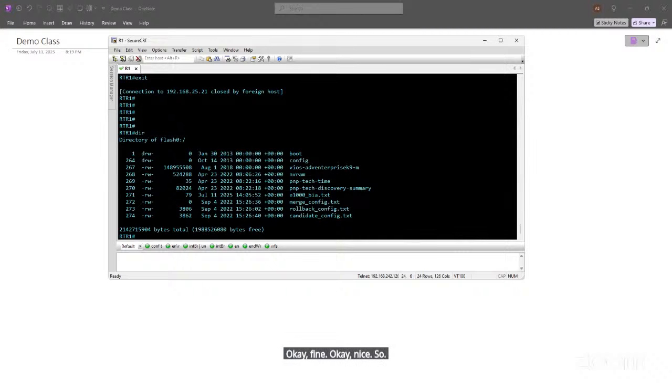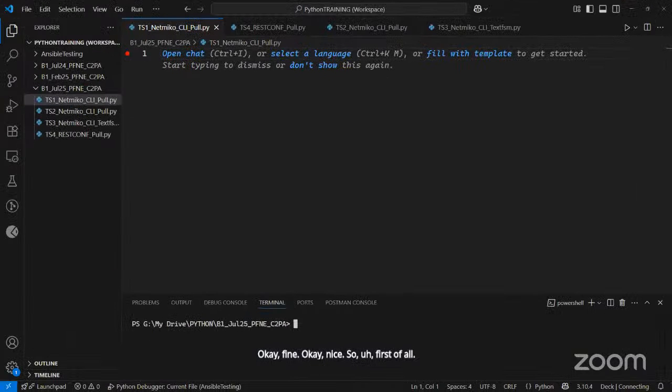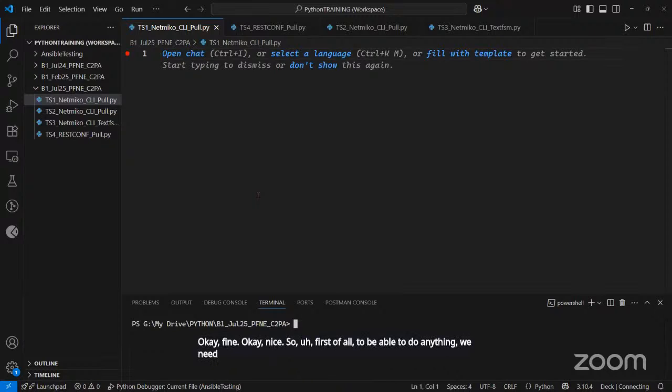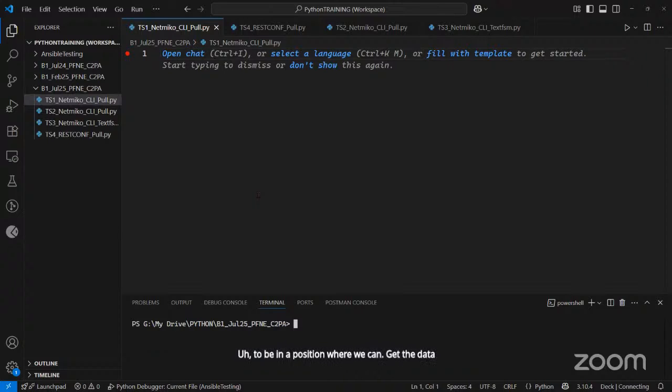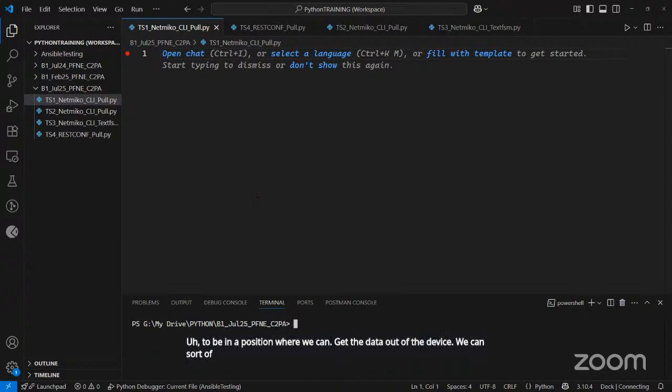So, first of all, to be able to do anything, we need to be in a position where we can get the data out of the device. We can use the CLI of the device to pull that data out of the router. There are multiple options with which I can do that. But in Python,